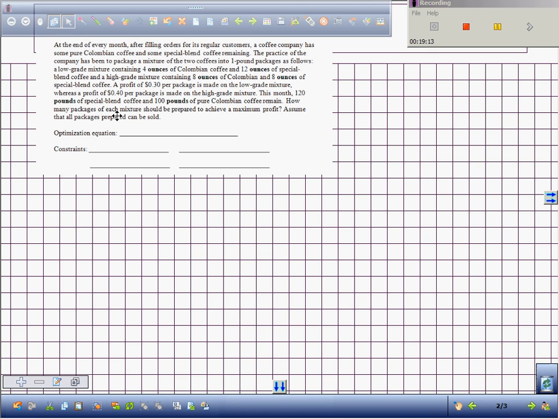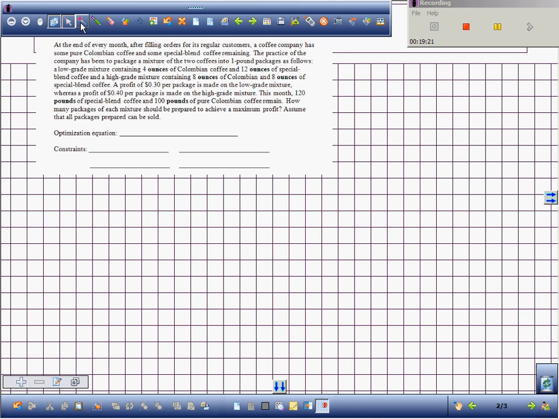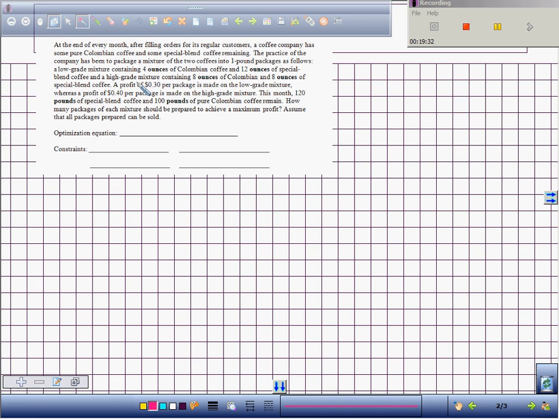So your optimization equation, you look down here, and it says how many packages of each mixture should be prepared to achieve a maximum profit. Assume that all packages prepared can be sold. So you have a high-grade mixture and you have a low-grade mixture. So you're going to let X equal packages, packs of